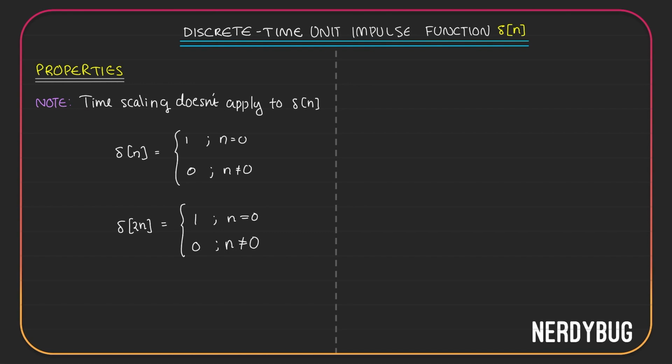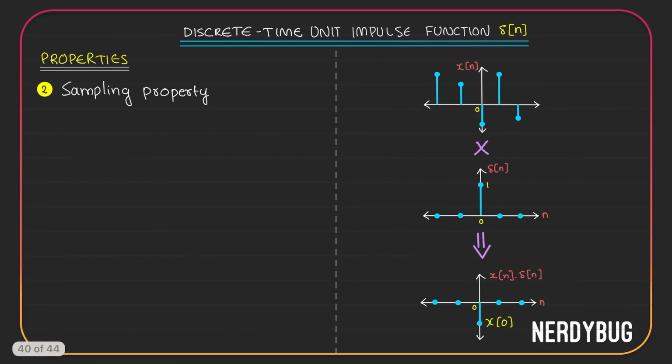How about the magnitude? If you remember, in continuous time unit impulse function, when we applied time scaling, the position did not change, but the magnitude became 1 by mod of a. Here, even that will not happen because we are not integrating or anything. There, if you remember the proof, 1 by mod a came from integrating delta of at. Here, we are not doing it because its magnitude is fixed to be 1. So, delta of n and delta of 2n will be exactly the same. So, time scaling doesn't really apply any change to delta of n.